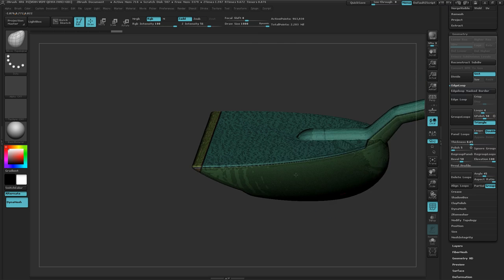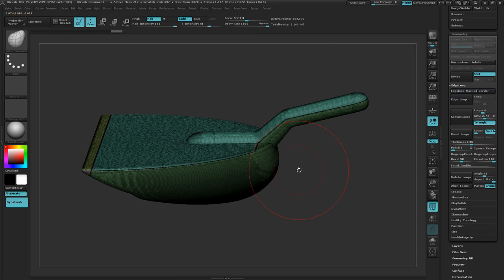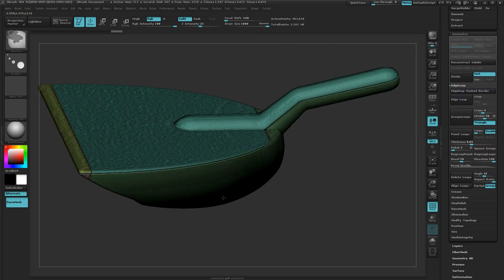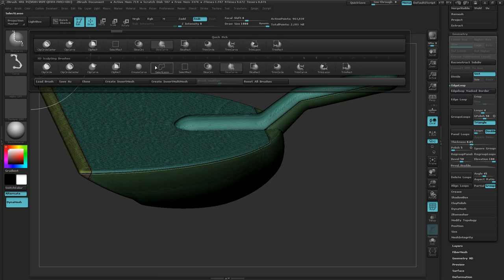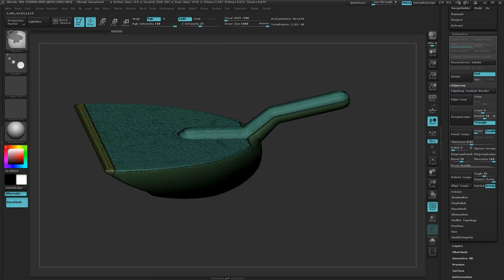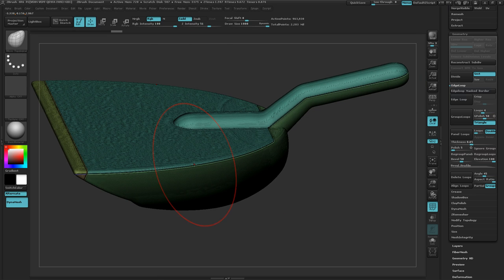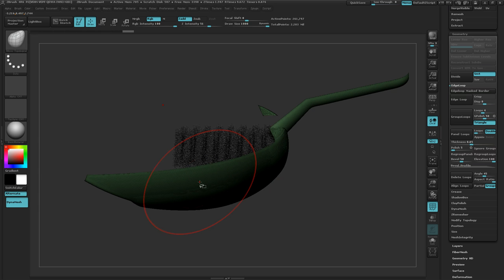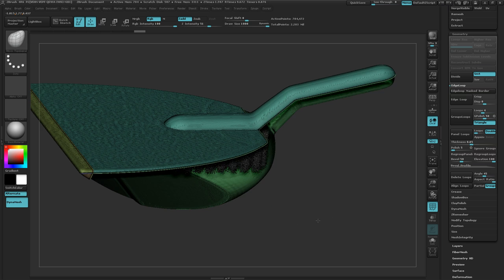So now let's just do a little consolidating and getting rid of tops of things. So I'm going to switch to my select rectangle. Select lasso also works for this, but let's see, I want to keep all the stuff kind of on the bottom here. So what I'm going to do is start off by just clicking those to hide everything else,